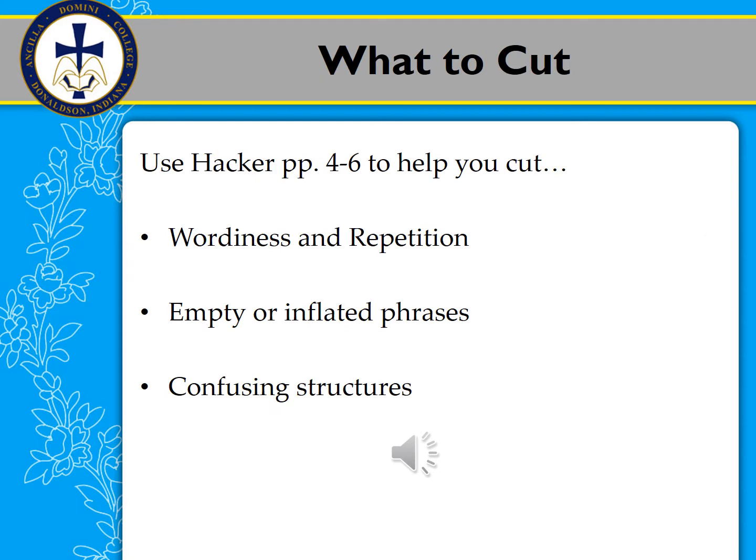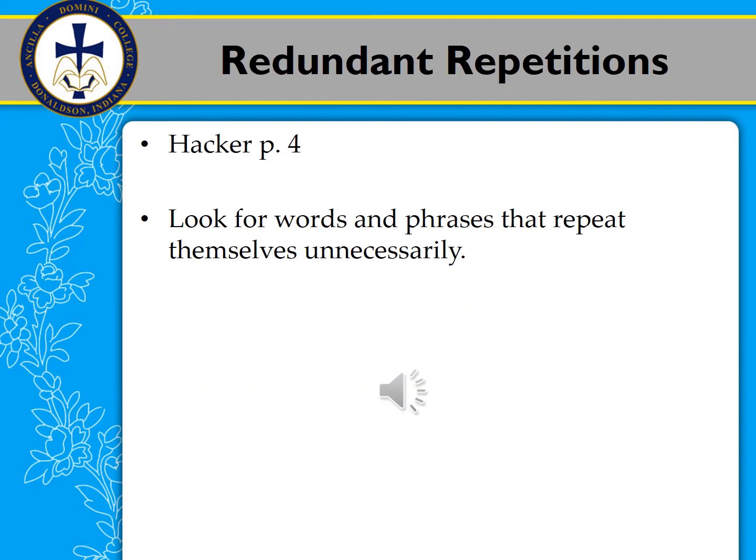Much of what we're going to focus on in this presentation lesson has to do with how to take sentences and cut out the excess, cut out things that aren't needed or make the sentences more confusing. So wordiness, repetition, empty, inflated phrases. And we're also going to talk about some structures that can be confusing and how to change those and make it more straightforward for readers. And the key here is that you're becoming a clearer communicator for your readers, and that's what your readers need, so you can better get your ideas across. The related pages in the Hacker book are noted on the screen, so please open to that